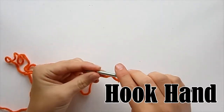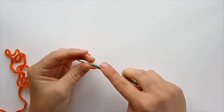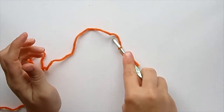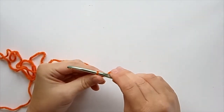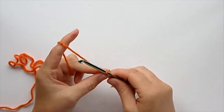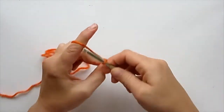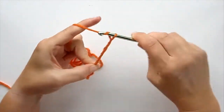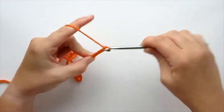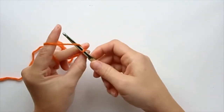So there's different ways to hold your hook as well. I have the knife hold. It looks like you're cutting your meat with your knife. And what I do is I go over the front, pull it through, go over the front. My grandmother says that it looks like I'm digging potatoes when I crochet. Something important, and I will point it out again later: